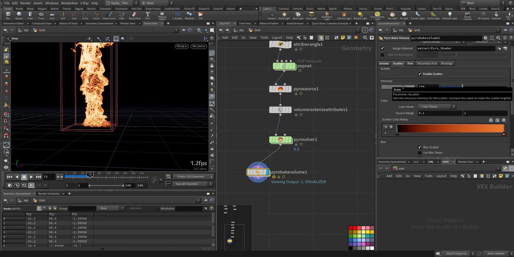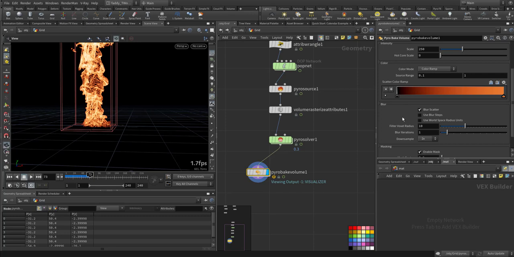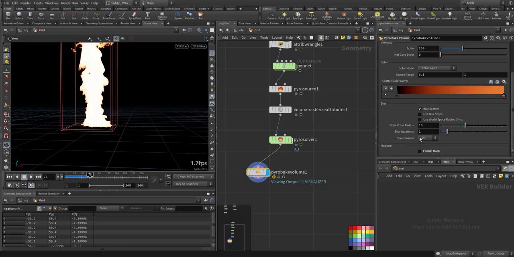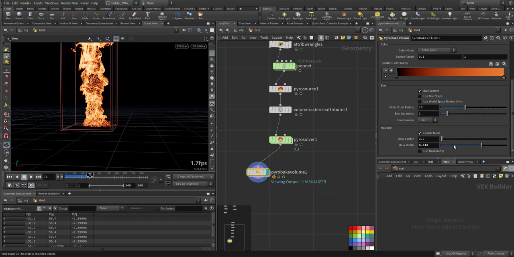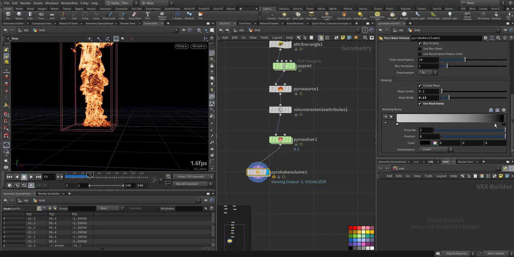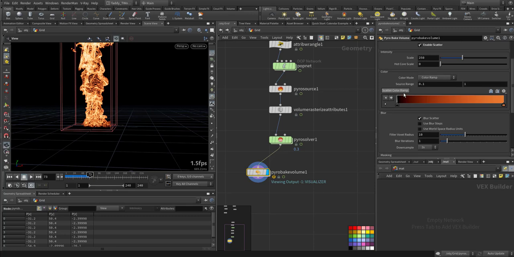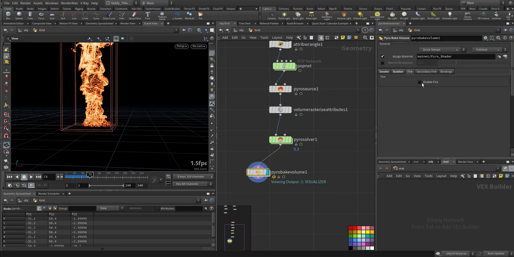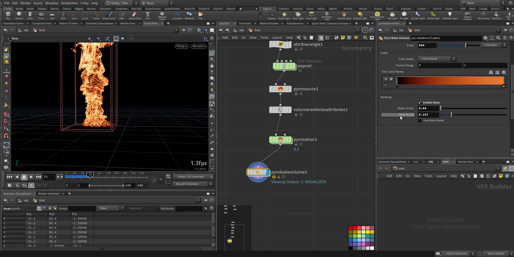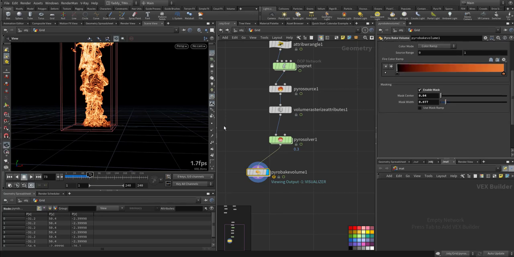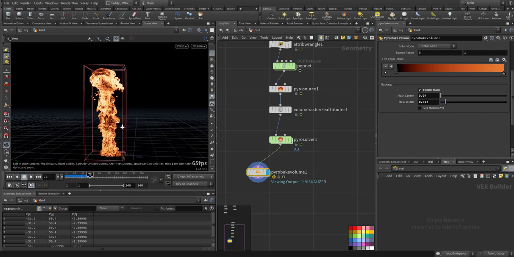I think I need a scatter back to 250, little bit blur, enable masking. I should have a mask. And put some ramp. Silver. I'll pause till I have